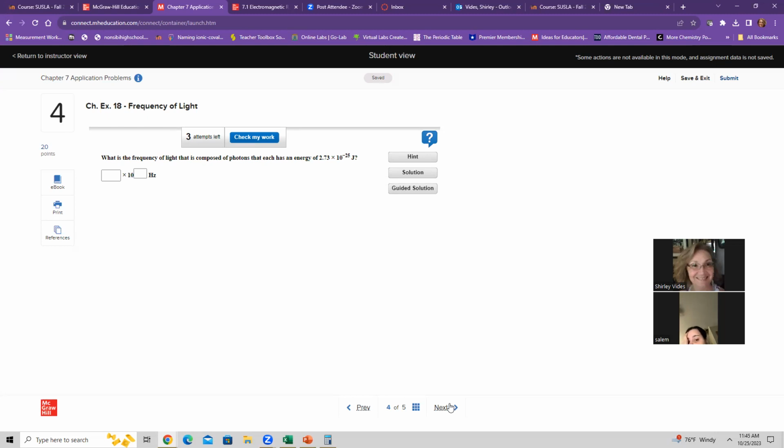Energy equals. So remember, you can do your triangle. It helps every time. Energy is on top of the triangle, and h and nu are next to each other. Since you're solving for nu, it's E over h. So you divide E by h. Nu is equal to E over h. E is right there,